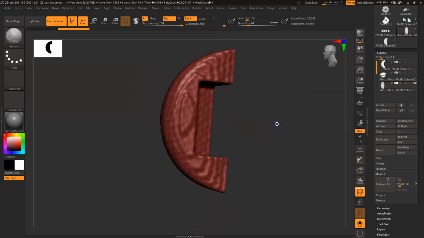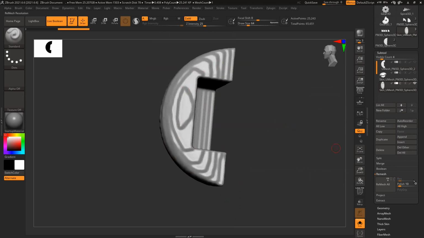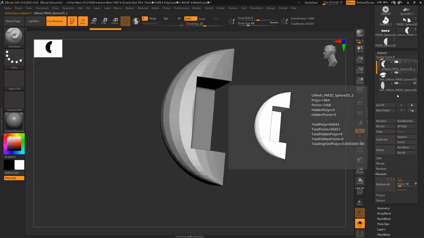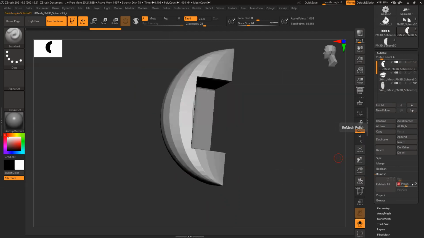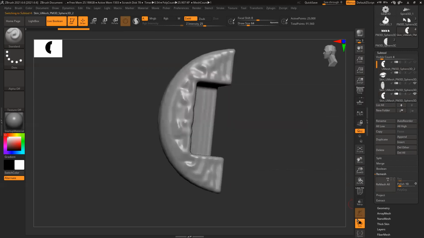But you can see this is not very nicely done. This is very wobbly because of this polish and all. That is something we can control. Switch off this thing. Let's see, I'll go back here and increase the polish. So remesh polish, I can activate, deactivate. So it will create one more of this, or solo is on. So you can see it polished the edges, but it's still not very clean. So usually we don't use it a lot because this doesn't give you a nice clean polished model. It gives you a dirty model.